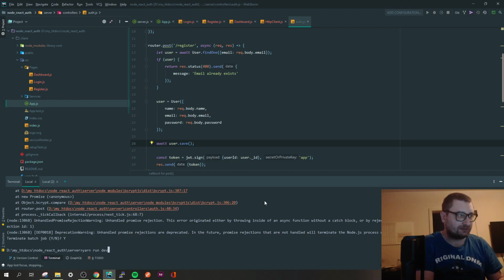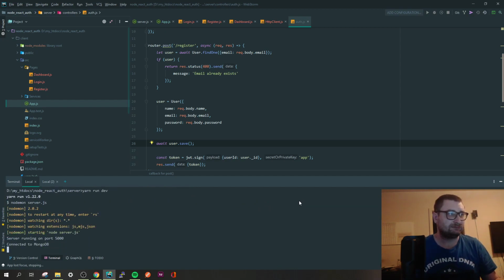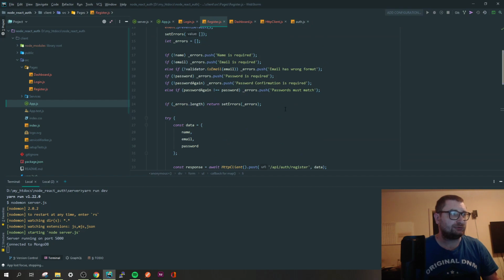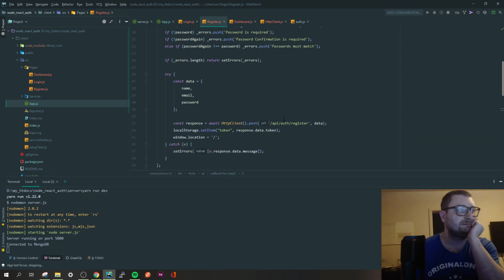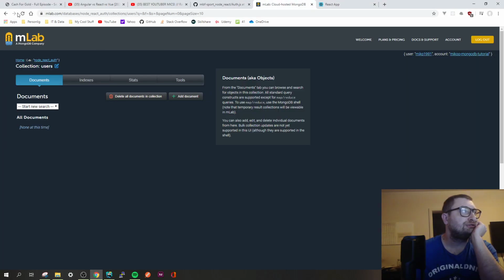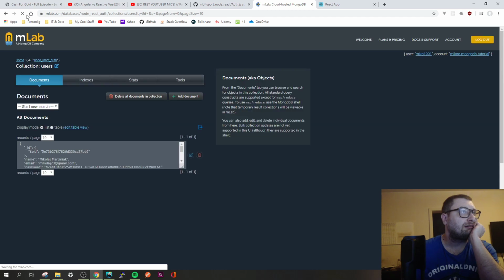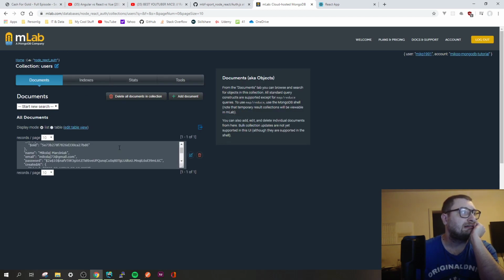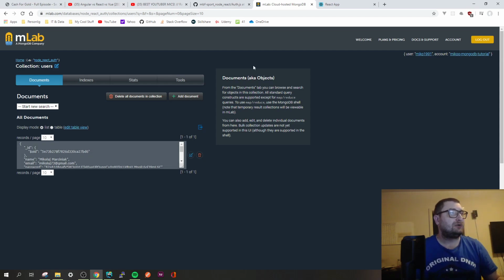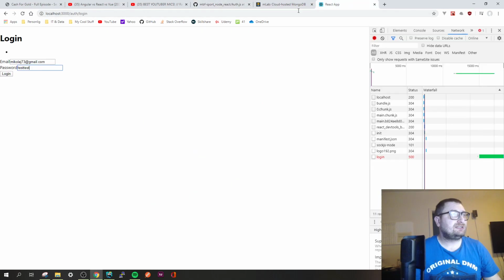Yarn run dev. And the register page should send the password. Yes. Did the user register? Yes. And it hashed the password alright, but why is it not